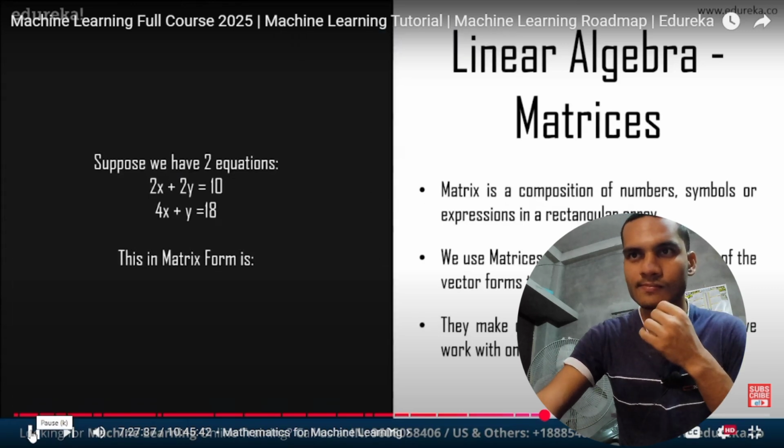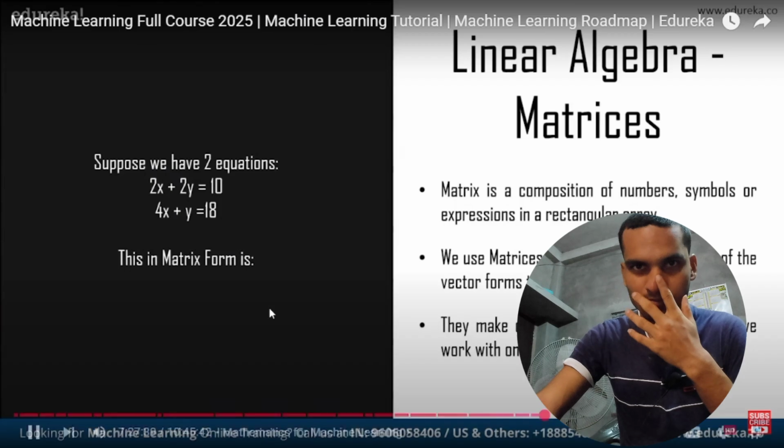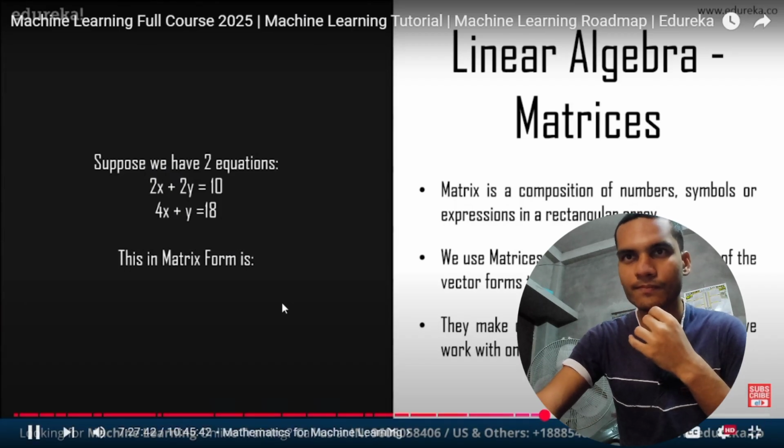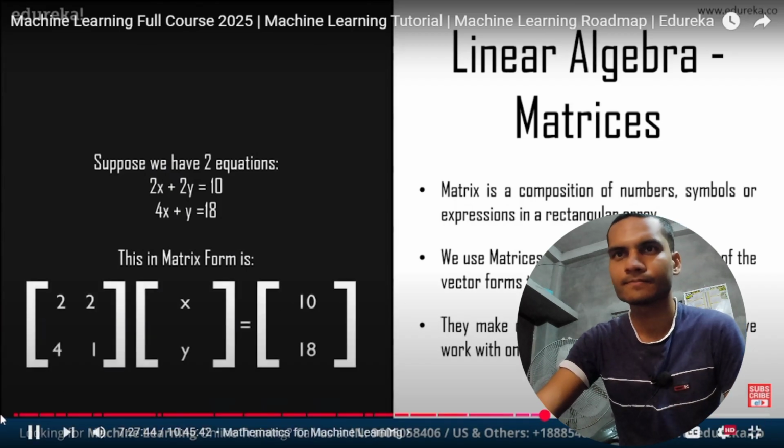One in the second equation become one row, x and y becomes one column, and 10 and 18. So let me just show it to you. So as you can see, we have a matrix 2 2 4 1. Then we